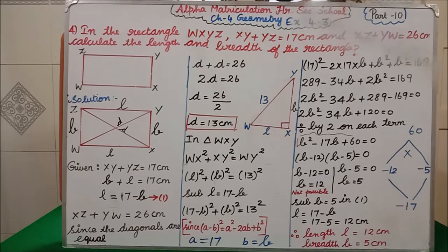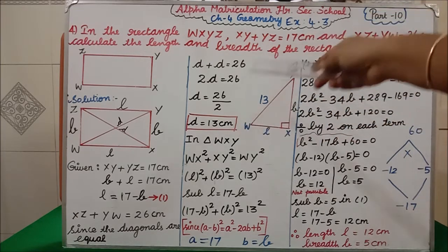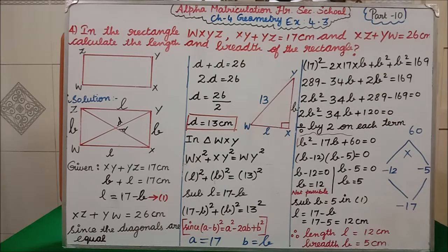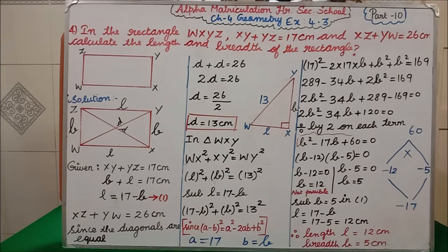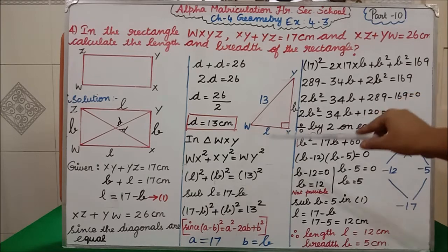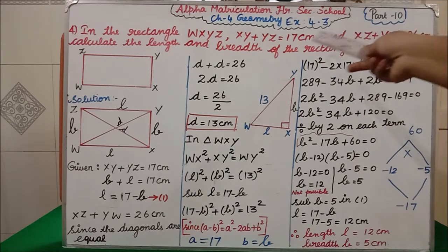I am taking triangle WXY. We all know the statement of the Pythagoras theorem. In Pythagoras theorem, what are they saying? Hypotenuse side square. Hypotenuse side means, I have told you, the side opposite the 90 degree angle, and that is the longest side. I have told you, isn't it? When compared to these two, this is the longest side and it is also opposite to 90 degree. So this is our hypotenuse side.